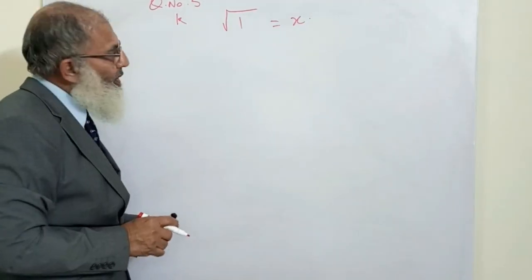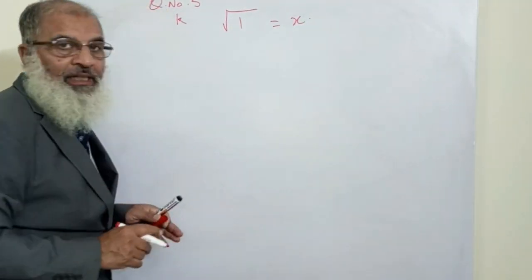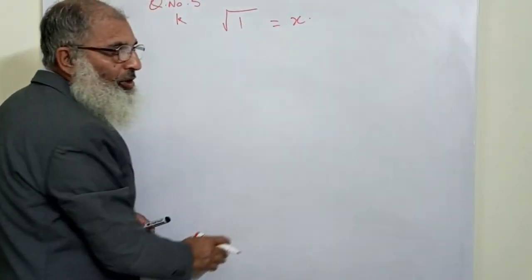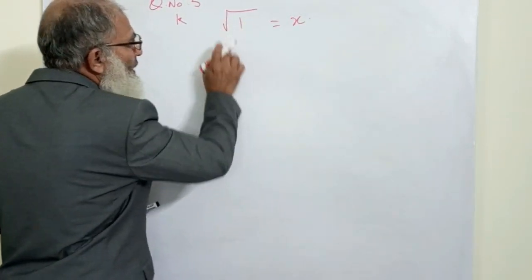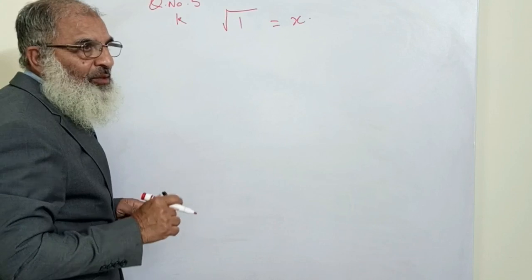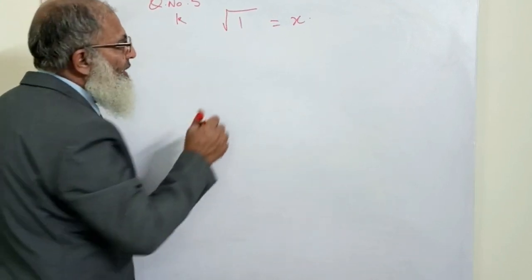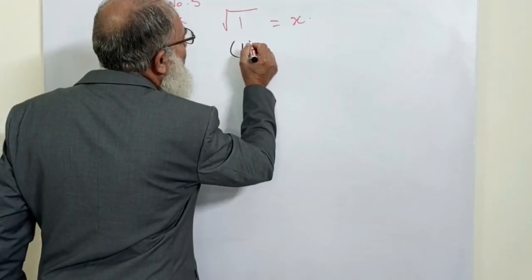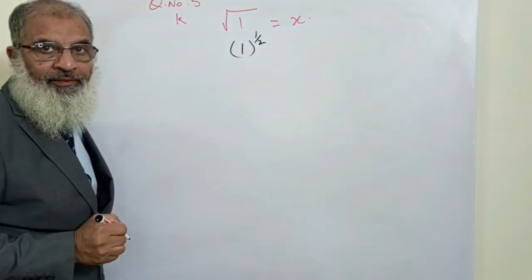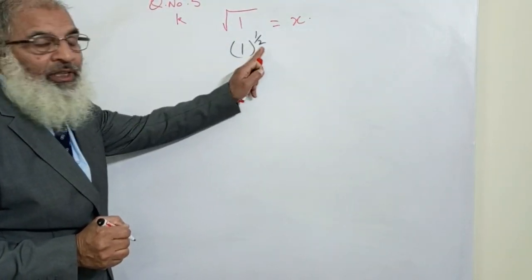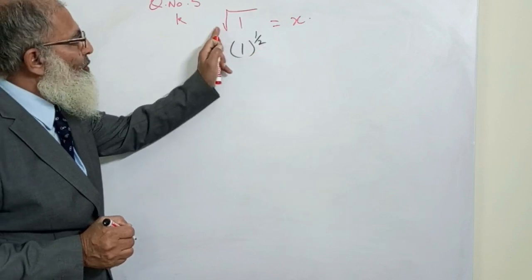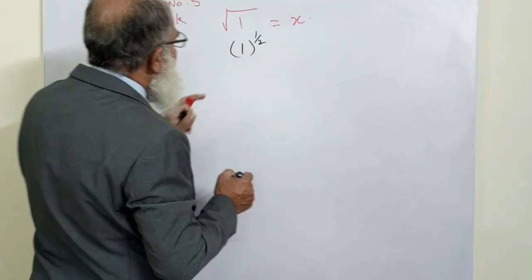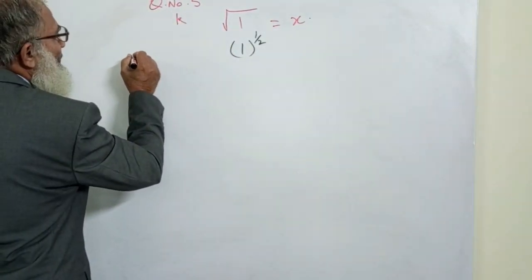My dear students, in fact this root, what does it mean? If we put this root onto the x, in terms of numbers, what I have to write is 1 raised to power half. Now this root stands for half. Remember this point, that this root stands for half, and if it is written like this